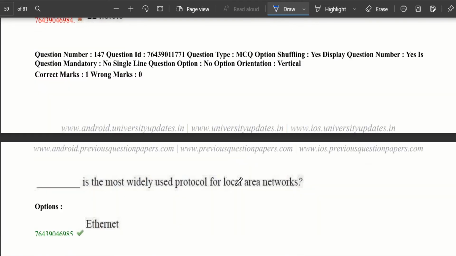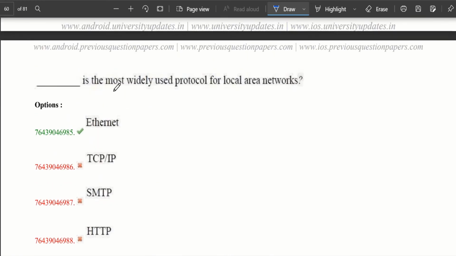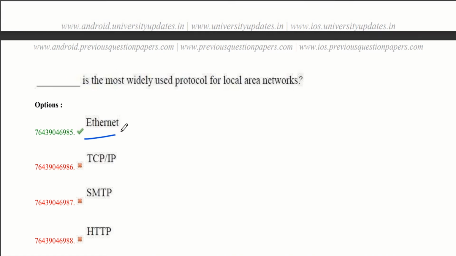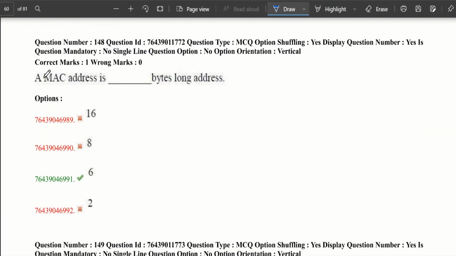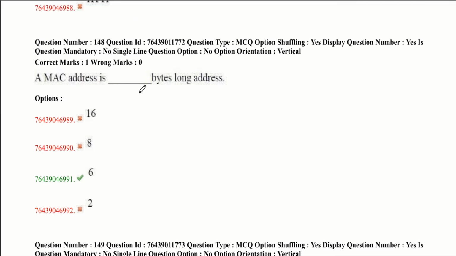Now let's move to the next question. Dash is the most widely used protocol for local area networks. Ethernet is the most widely installed LAN technology. Now let's move to our next question. A MAC address is dash bytes long.